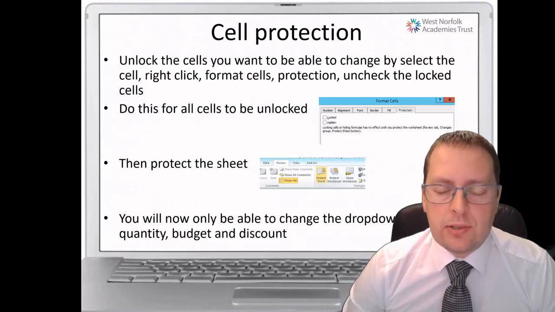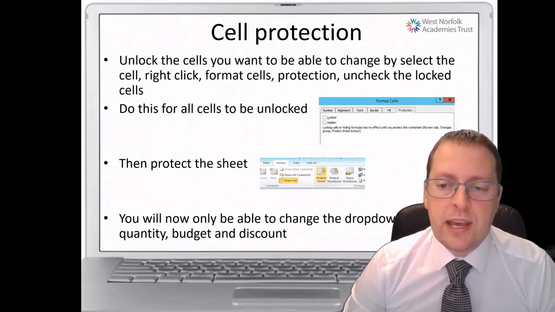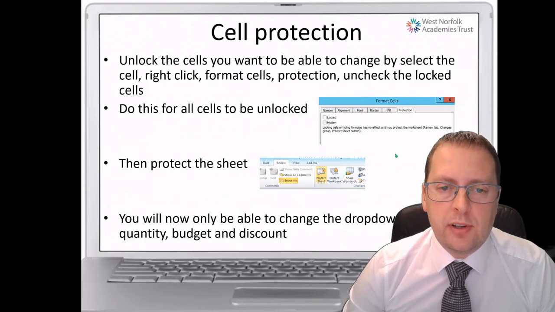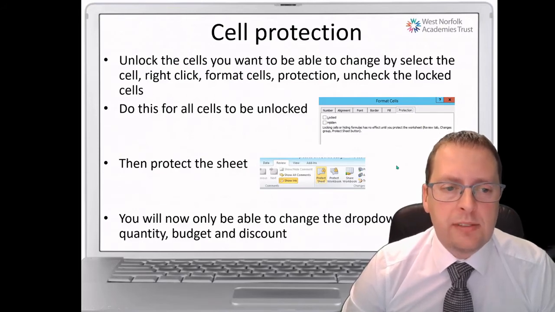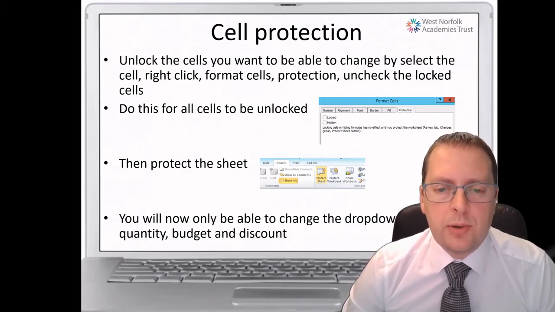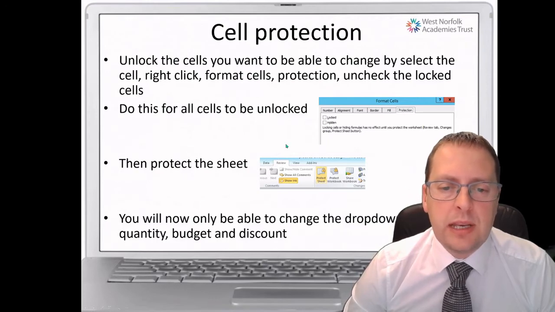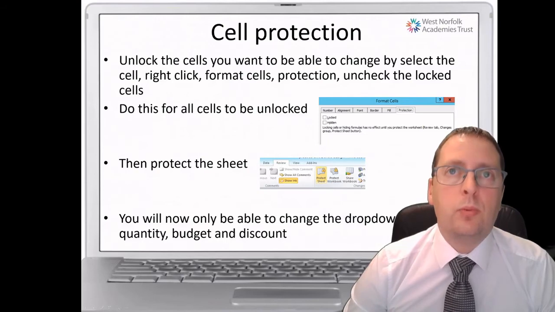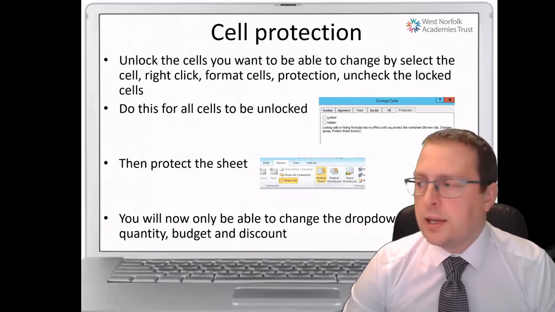Before we do that, we're going to move on with protecting our cells. So this is to stop other people accidentally messing up our data. So what we're going to do is protect certain cells, and then we need to unlock certain cells so they can be changed. So the way we do this in